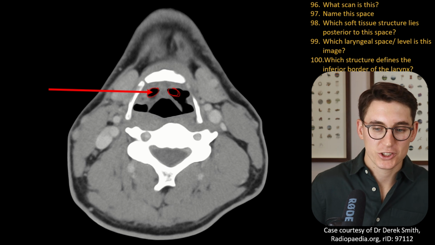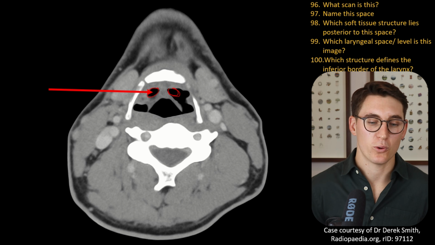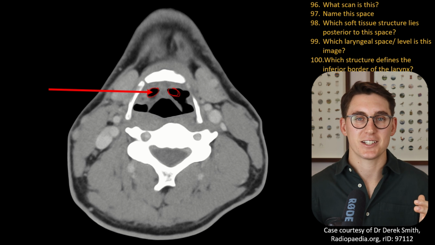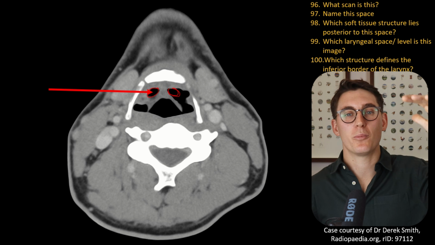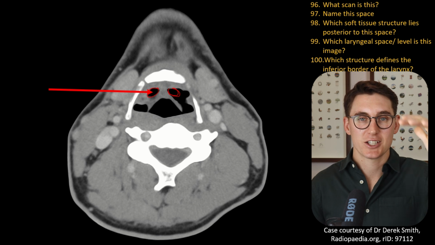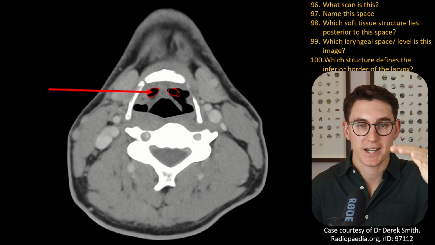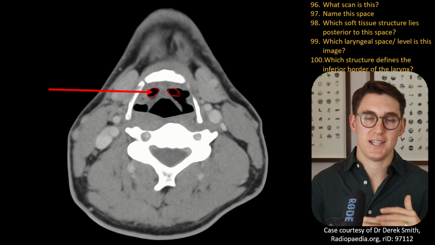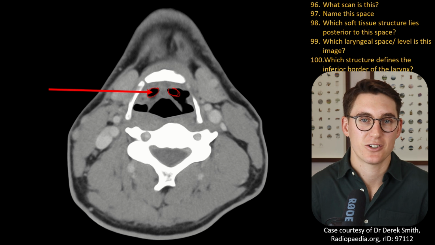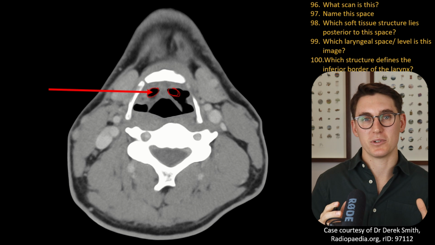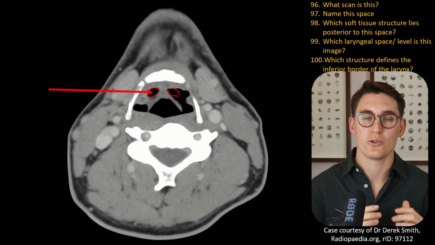And lastly, which structure defines the inferior border of the larynx? I said we divide the larynx into various segments. The superior border is that tip of the epiglottis. Starting at the tip of the epiglottis, below that is all larynx, all the way down to the inferior border of our cricoid cartilage. And the larynx has some incredible anatomy with our false vocal cords, our true vocal cords,